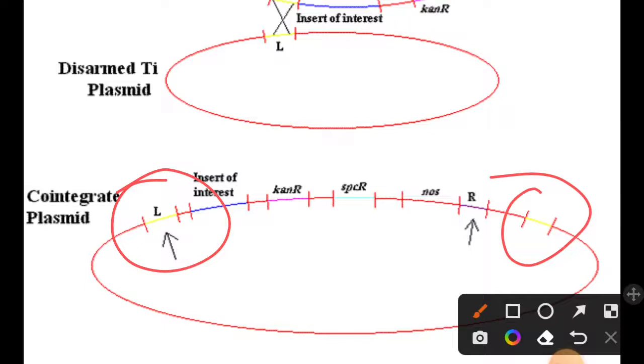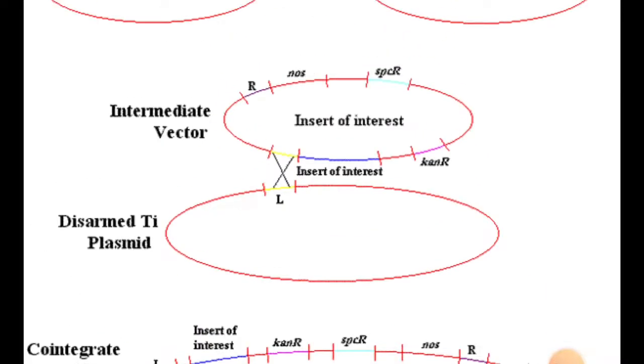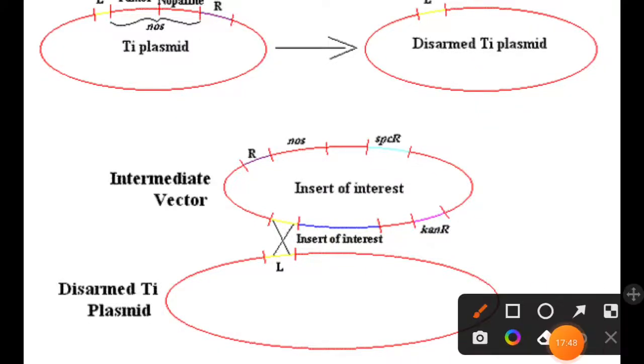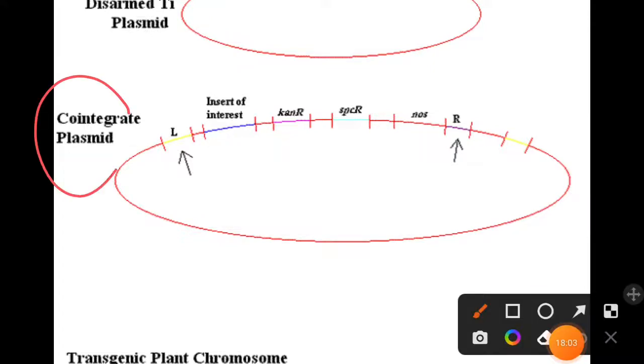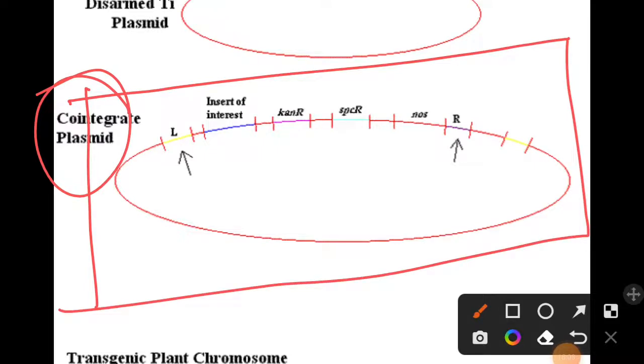That is why we take an inactivated virulence gene, but just for homology, because we all know that site-specific recombination occurs between two homologous sequences. So we need that homologous sequence. That is why we have incorporated L minus in the intermediate vector, and that will produce our co-integrate plasmid. Now this co-integrate plasmid will be transferred inside the Agrobacterium tumefaciens with the help of standard transformation procedures such as electroporation, microinjection,